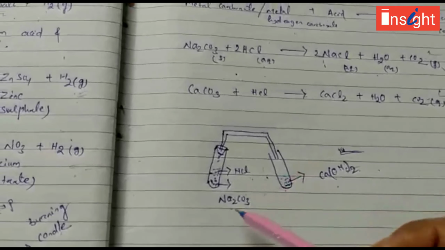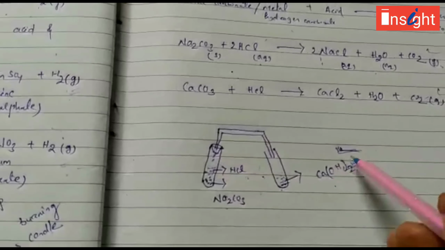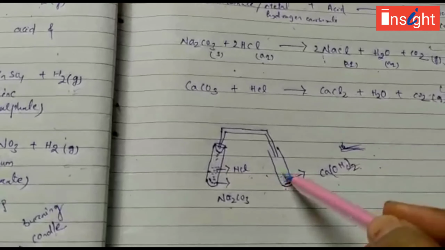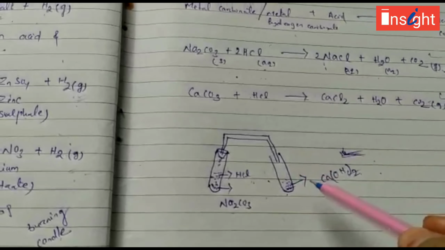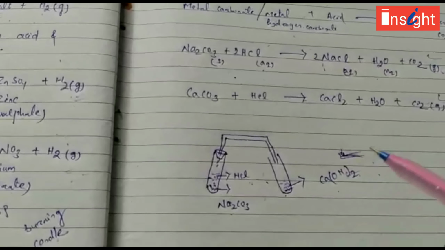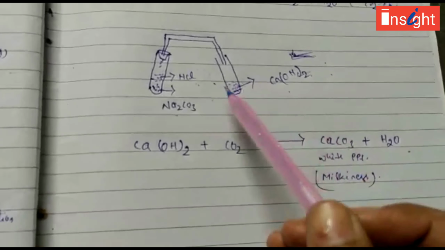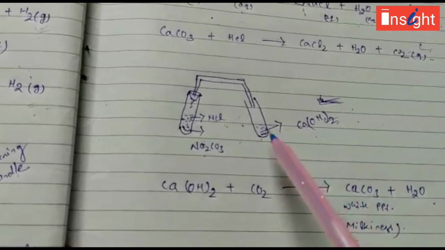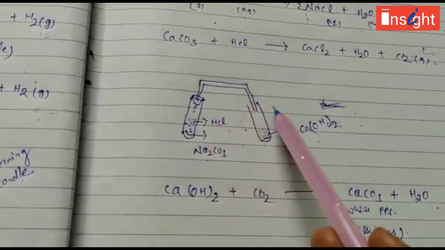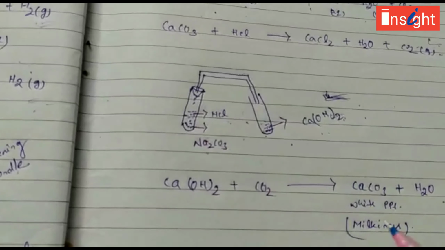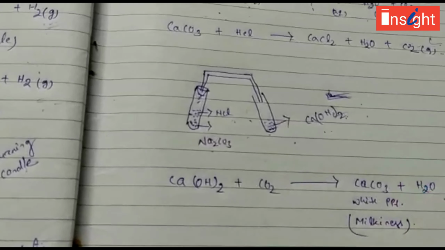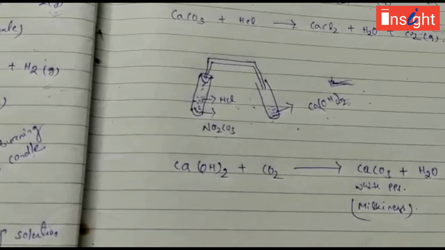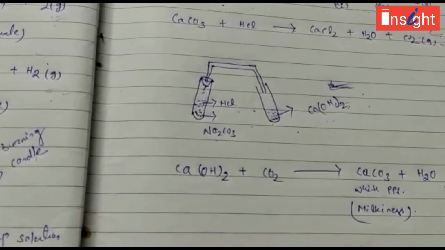It is a clear, colorless solution. But when carbon dioxide gas is passed through lime water, or calcium hydroxide, it turns milky. We get a white precipitate; that is, it turns milky. So this colorless solution, after the carbon dioxide gas is passed through it, turns milky or gives a white precipitate. So CO2, or carbon dioxide gas, reacts with lime water to produce milkiness.